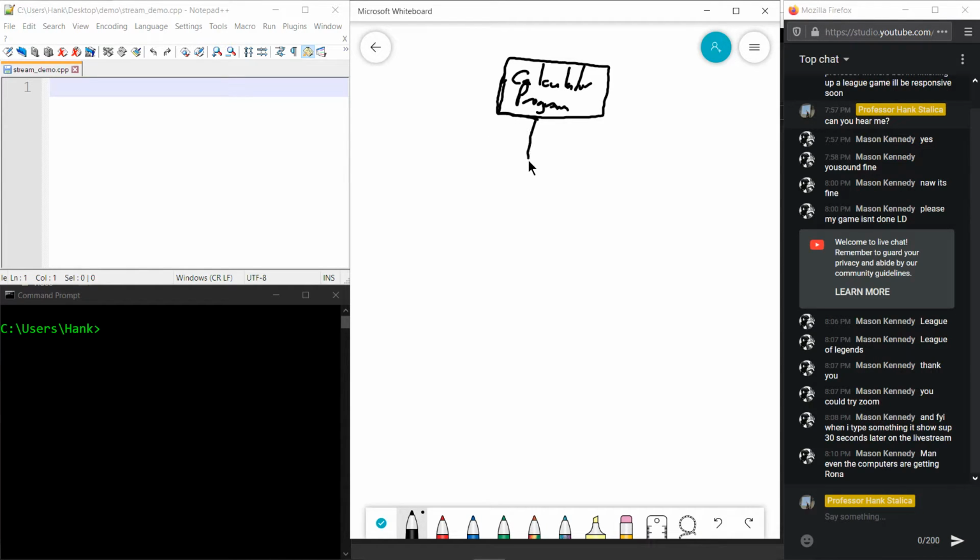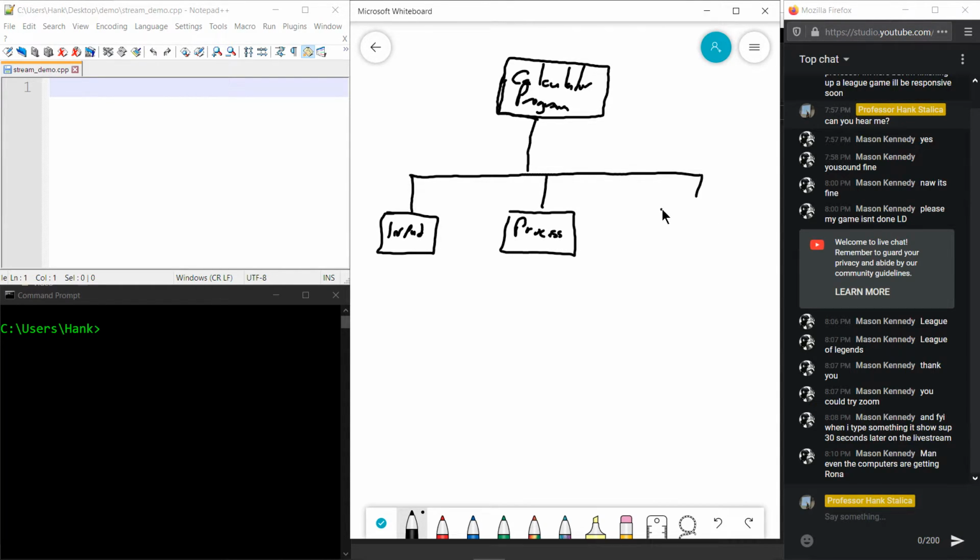Now, that program is going to do at least 3 things. What are those 3 things? Well, it's going to get some input, and then it's going to process it, and then it's going to display some output. Now I can break down each one of those steps even further. I can say, well, what about the input? Well, what's going to be involved with that? Well, I'm going to have to show the user that menu,